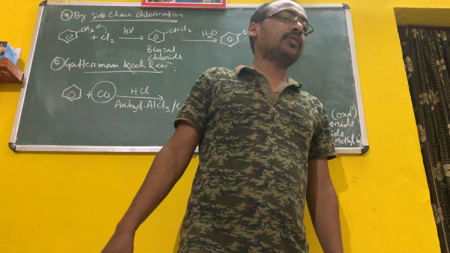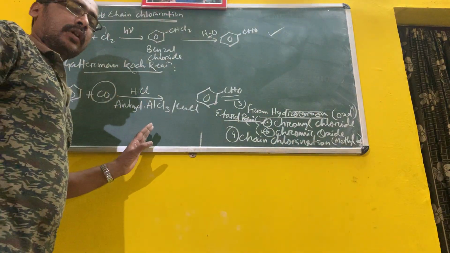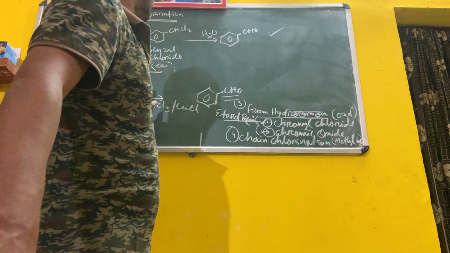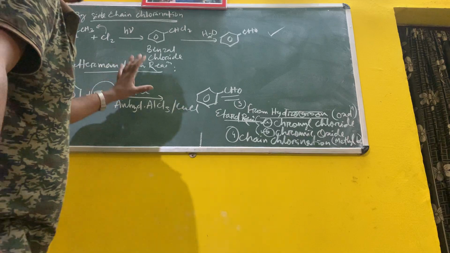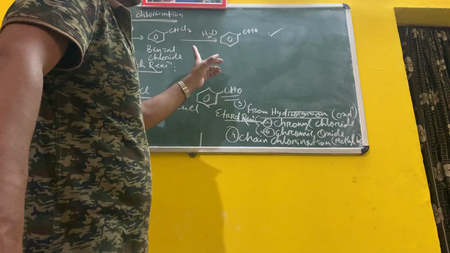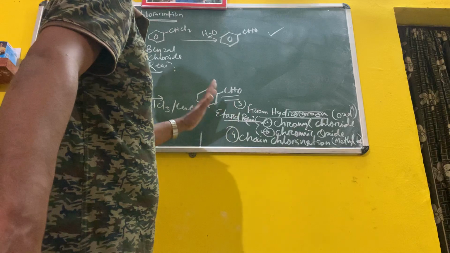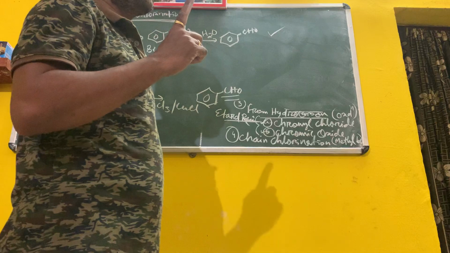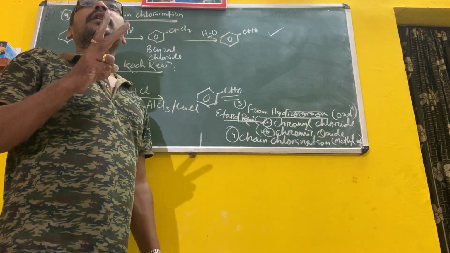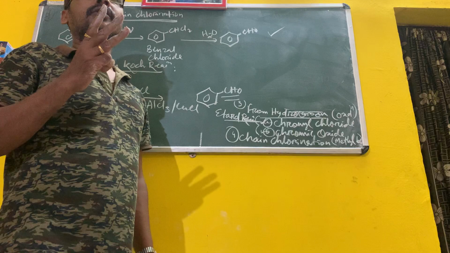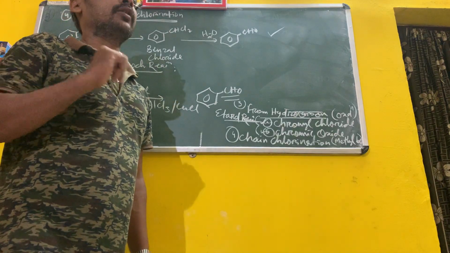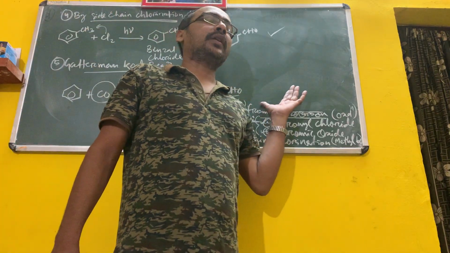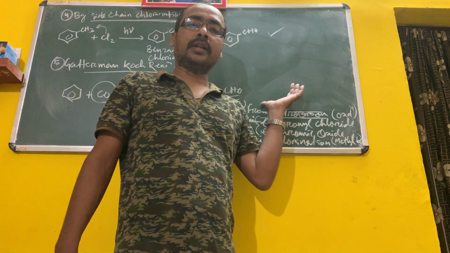All reactions are important, so you have to go through the book and the notes that are given, and go through the explanation. Then you can easily understand. So these are the most important methods of preparation. There are 4 name reactions in this part: first Rosenmund, second Stephen, third Etard, and fourth Gattermann-Koch. So go through this video, then next class we will discuss the preparation of ketones only. Okay children, thank you.